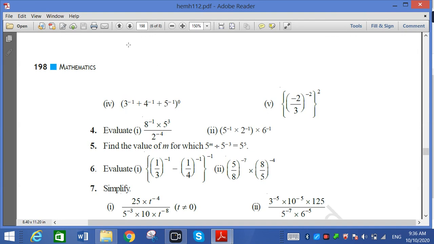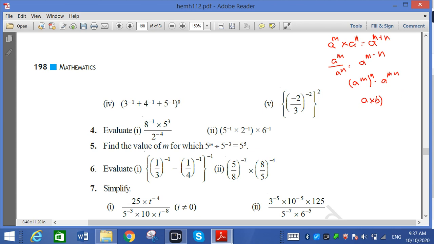In the first two lectures we have seen the whole identity related with the power. So again I am explaining: a the power m into a the power n, we have to do addition. A the power m upon a the power n, we have to do subtraction, divide. Power of power, we have to do multiplication. And if the power is same, then we can also open the bracket, so a the power m into b the power m. So 6 different properties we are using.